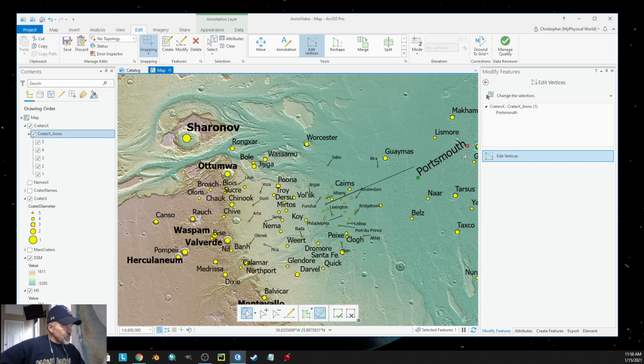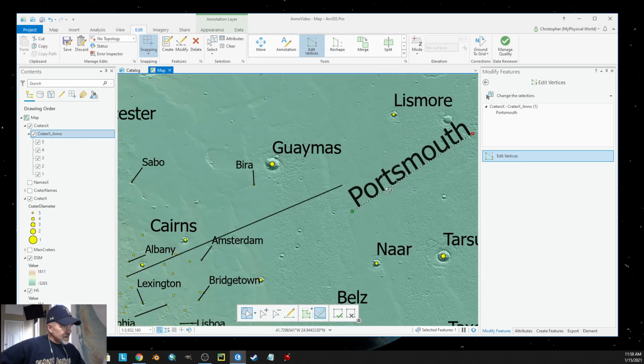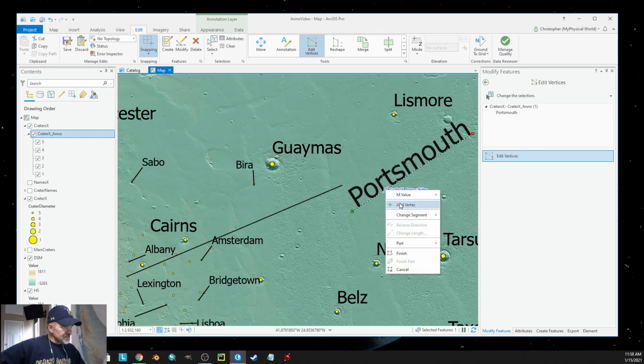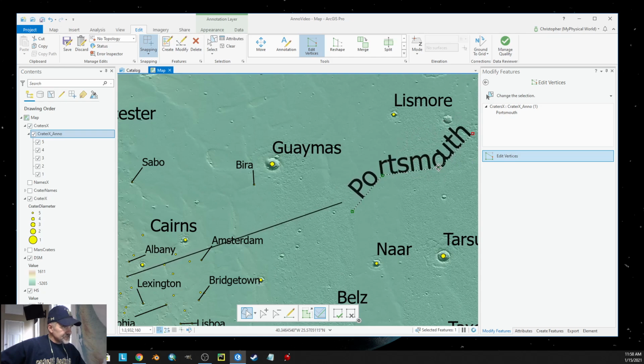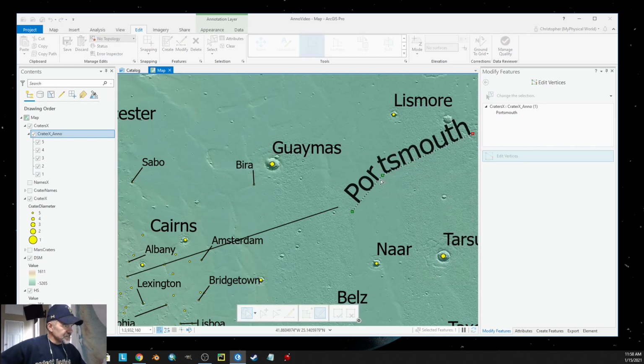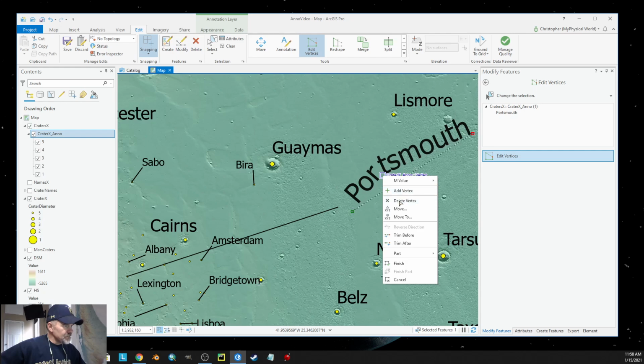And if I wanted to, I can come in here, hover over the index line, right click and add a vertice, and let's add one over here. So hover, add a vertex, and I can manipulate that vertex to give me whatever shape of the text that I want. I know this is not pretty, but you get the idea of how you can manipulate the actual text itself, okay? The more vertices you add, the smoother curve you can make, okay? And you can right click and delete a vertice